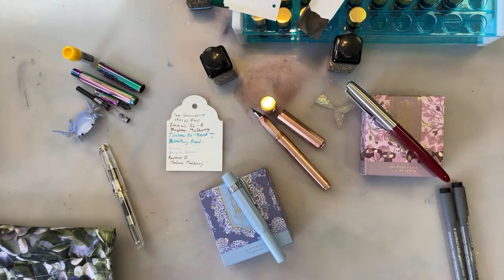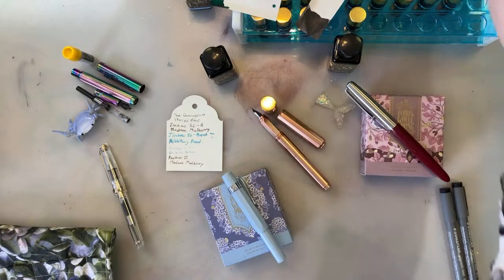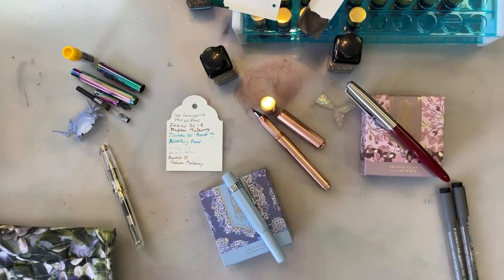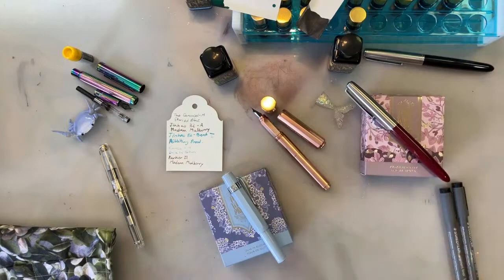Oh, do I have a nib that can go in the 82 right now? I think all my feeds might be just they are. Alright. So theoretically, a feed could go in that. Or I could just ink the other Parker. The black Parker could be... Black Parker could be Diamine Earl Grey. Okay. So 1, 2, 3, 4, 5. And then I put...